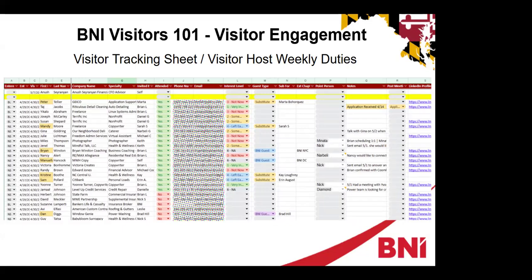So anyhow, this tracking sheet shows relevant information about each visitor for every meeting and the follow-up and action items that each visitor host needs to take care of each week. For all you data nerds out there, this sheet has the past 5 years worth of visitor data, which is amazing. As Brian mentioned earlier, there's at least one visitor host per power team, and this is specifically designed so us visitor hosts can make relevant connections within the chapter right off the bat and answer any questions for people who are interested in joining the chapter or interested in BNI in general. Next slide.